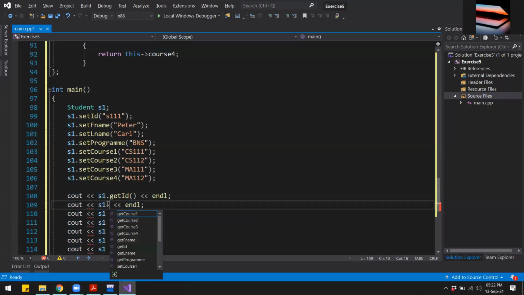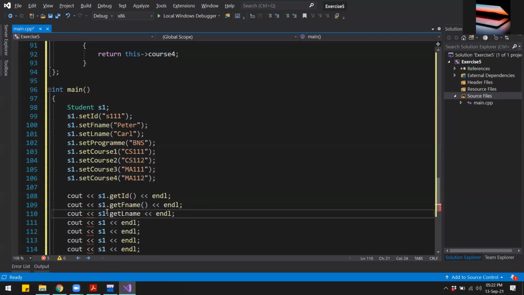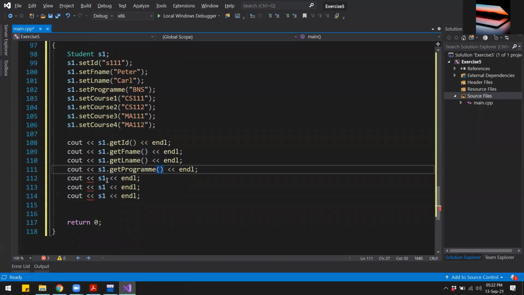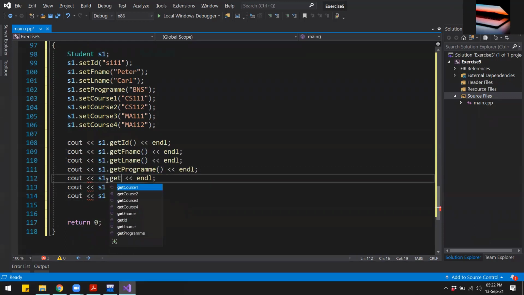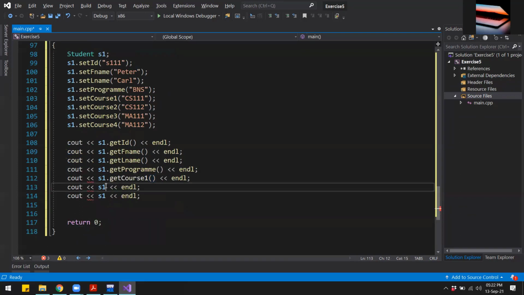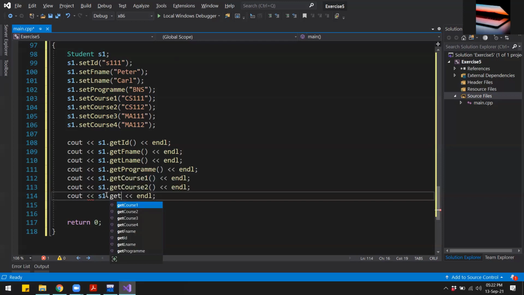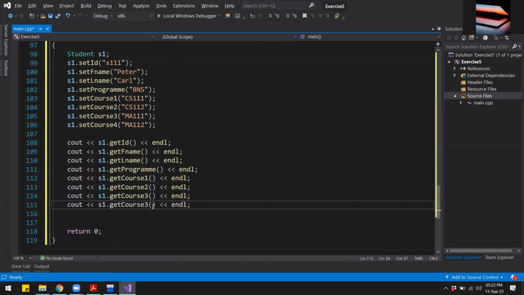So I can say s1 dot get first name, then s1 dot get last name, then s1 dot get program, s1 dot get cause 1, s1 dot get cause 2, s1 dot get cause 3, and then s1 dot get cause 4. So now when I run this code,